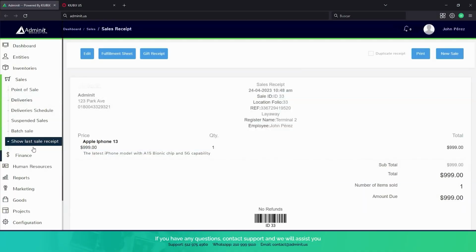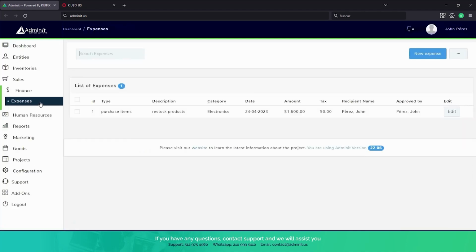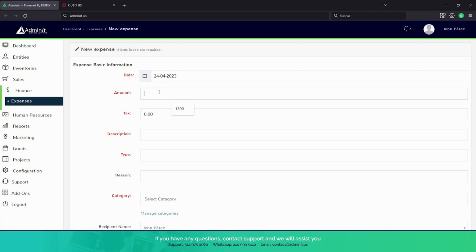The finance portion of the side menu. Now, as you can see, the expenses section is a section where you could manage all of your expenses. Let's say, for example, you have a provider coming in and you need to pay them. So you would want to register this expense. Let's say there's a $500 expense with no tax,